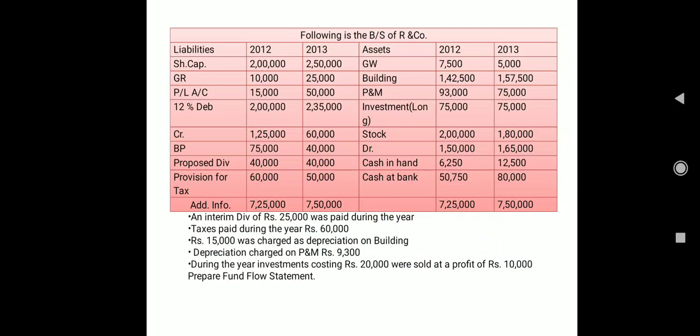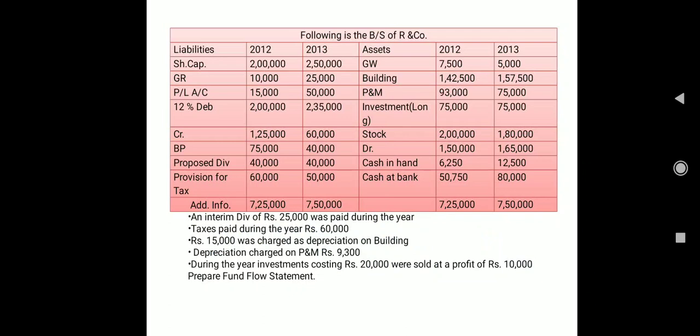Clear? Now, even if I go back to liabilities, for provision for tax also we have to open a separate ledger account. The reason is that we are treating it as a non-current item, and in the additional information, tax paid during the year is given. Fine. Now the next information from the asset side, stock, debtors, cash in hand, cash at bank, all are your current assets. So the balance sheet, each and everything I have discussed.